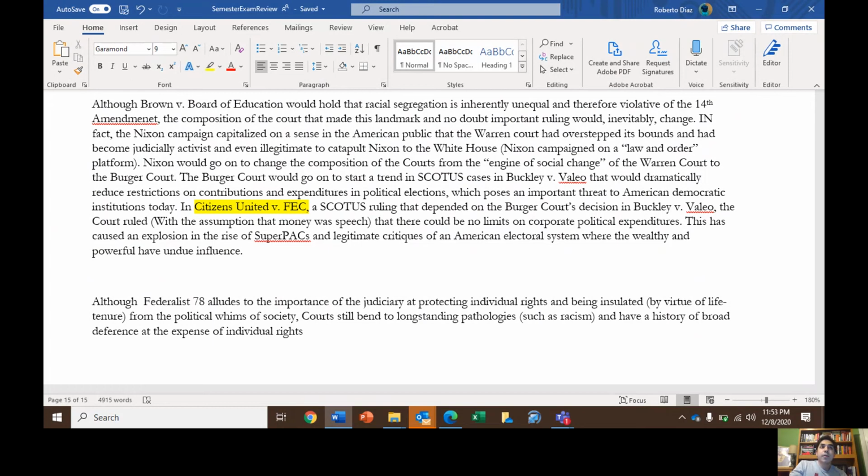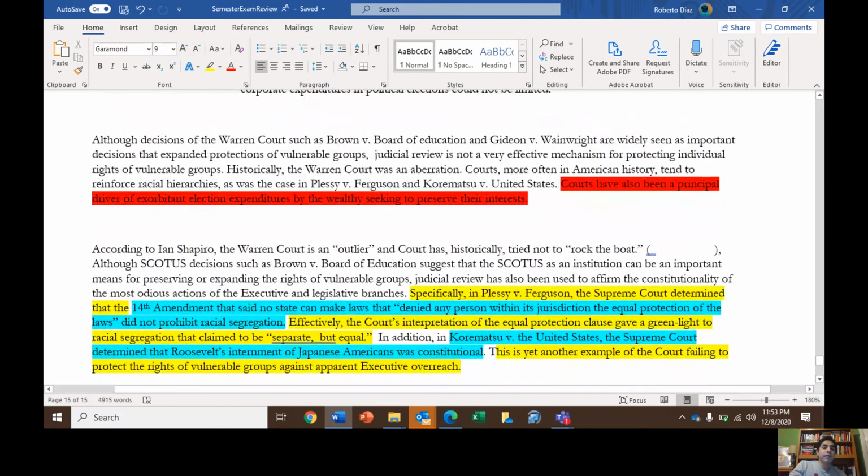What makes that such an important case is that usually the Supreme Court gives so much deference to the executive branch with respect to national security. So it was, again, an outlier too, right? Using that case to buttress your argument about the effectiveness of judicial review as a mechanism for protecting individual rights could work. That's a good piece of evidence. But if it's an outlier too, then